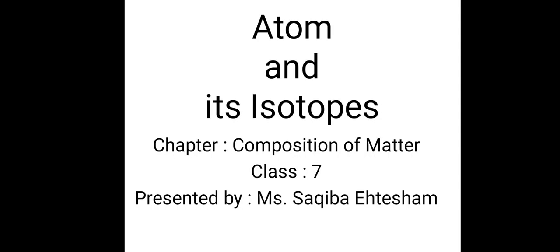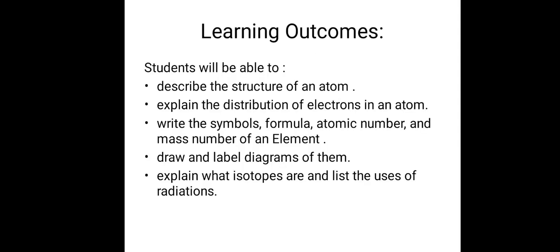Today we are going to discuss the atom and its isotopes from the chapter Composition of Matter for class 7. In this chapter, my learning outcomes are that the student will be able to describe the structure of an atom, explain the distribution of electrons in an atom, write the symbol, formula, atomic number and mass number of an element, draw and label diagrams of them, explain what isotopes are and list the uses